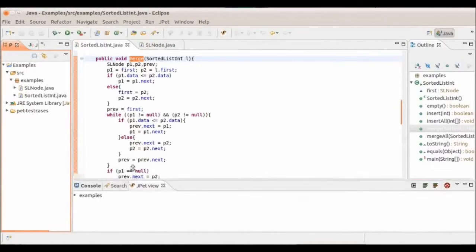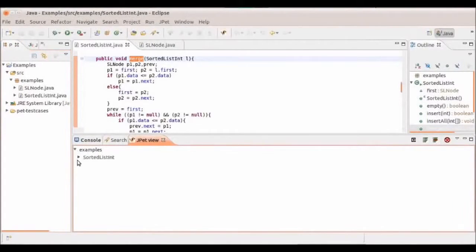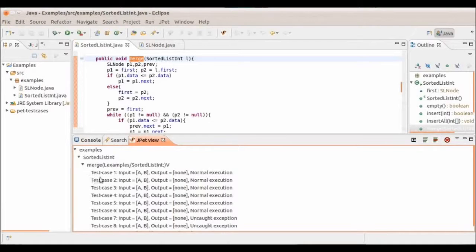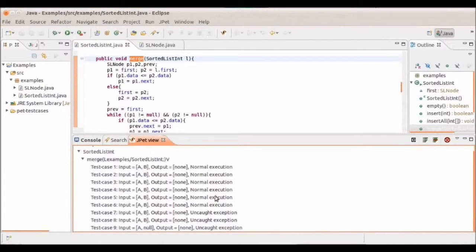The jPET view shows the test cases that have been obtained in a tree-like structure organized in packages, classes, and methods. We navigate and select the test cases for method merge. We can see that jPET has generated 9 test cases. For each of them, we can see its input and output arguments, and also whether the execution ended normally or